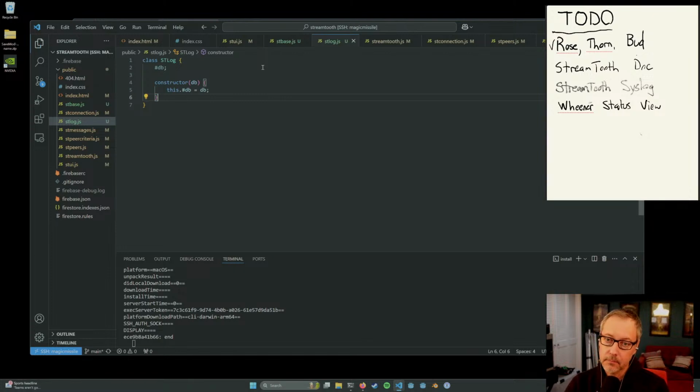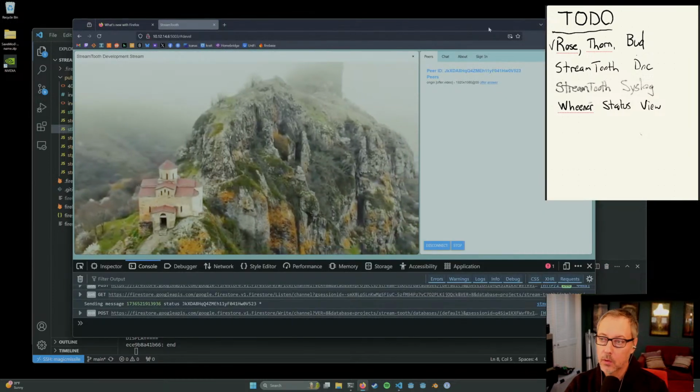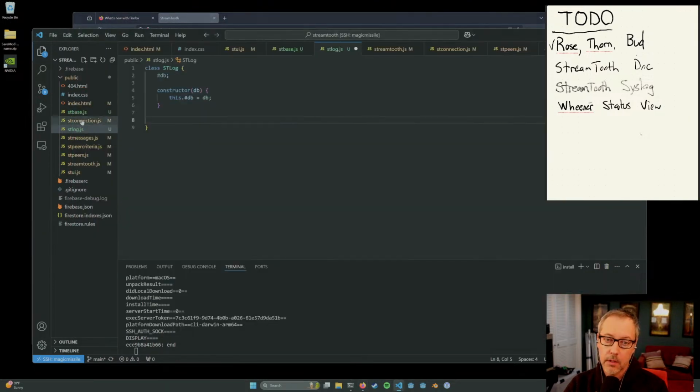And then this will have like log level and all that kind of stuff. I need endless coffee machine. Okay. So now in stbase, we're going to have a static instance of that.